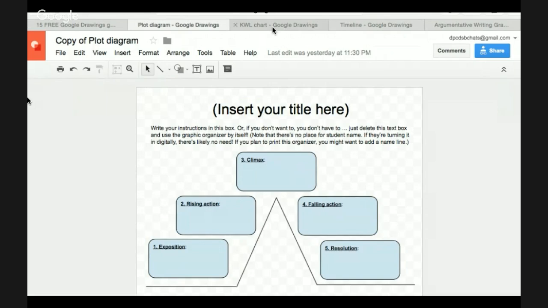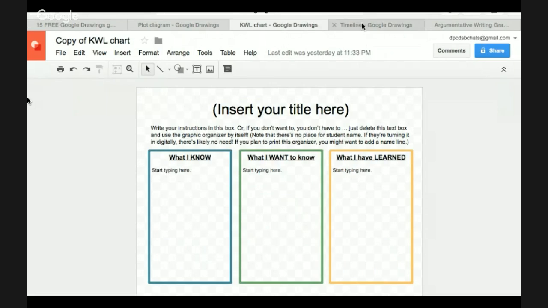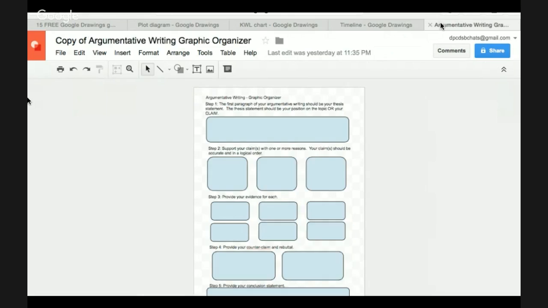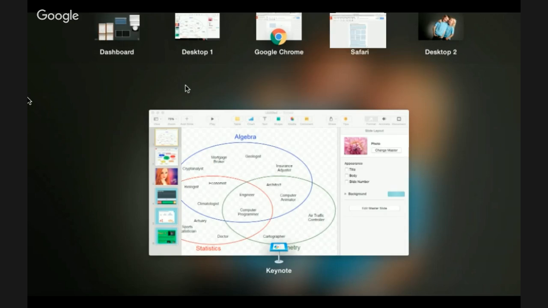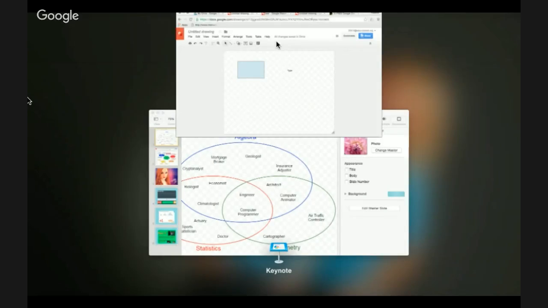So it opens up the possibilities for lots of graphic organizers that you might want to use with your students, that you can also manipulate, change, and use all the different features, including multimedia. And again, you can have collaborators in on that document. So if you choose to use one of those,